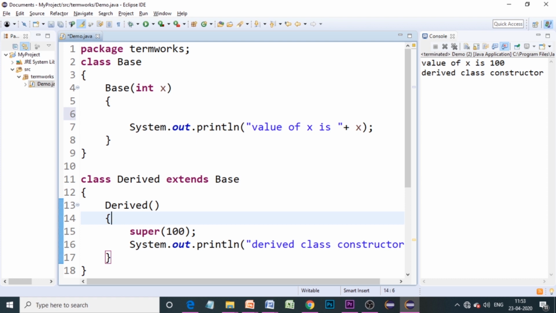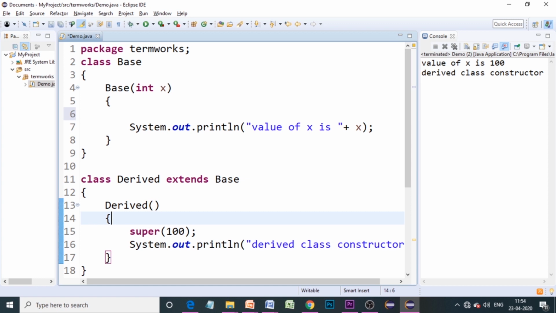To conclude this video, we have seen that the use of the super keyword is whenever we have the same data members in the base class and the derived class, and you would like to access the base class's data member from the derived class, you have to use the super keyword. That is the first use.